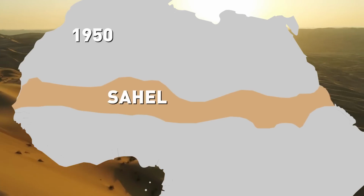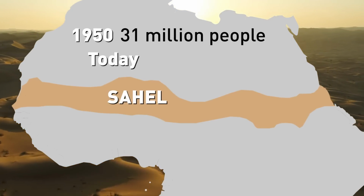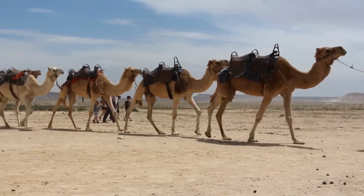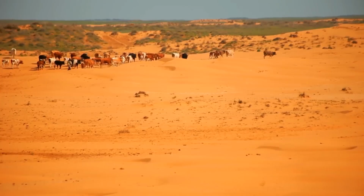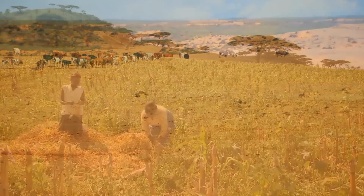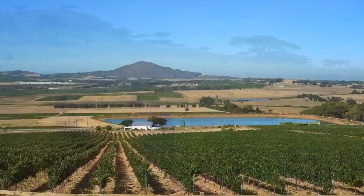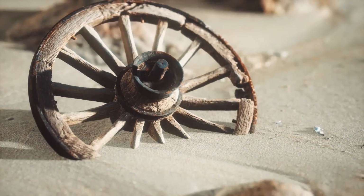In 1950, this region was home to 31 million people. Today, its population is over 100 million people. This rapid population growth has largely contributed to the Sahara's expansion. Farmers that were once nomads began settling down. Land usage grew more intense, aiding in weakening the soil. The demand for food has caused an overcropping of the land, so even more of it is turning into the